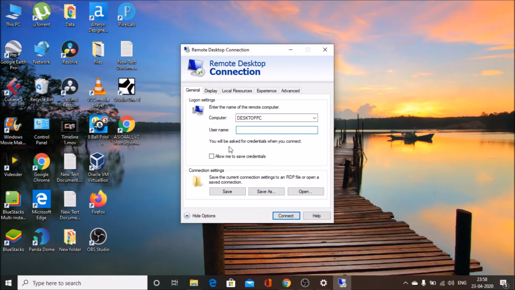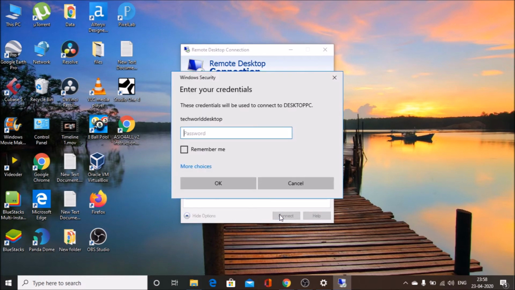So I'm now on my laptop system, and I have opened the remote desktop connection settings. I have entered the computer name, which is the computer name of the desktop, and I will enter the username here. So I will click on Connect. Now I need to enter the password, which is the password for the desktop.